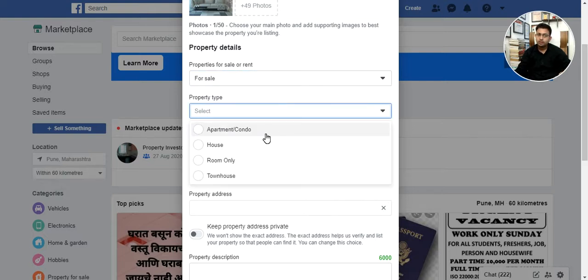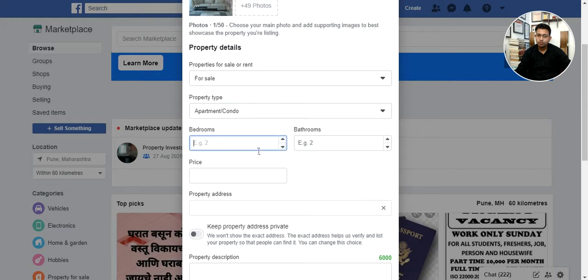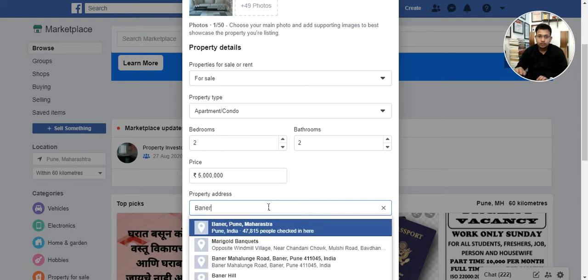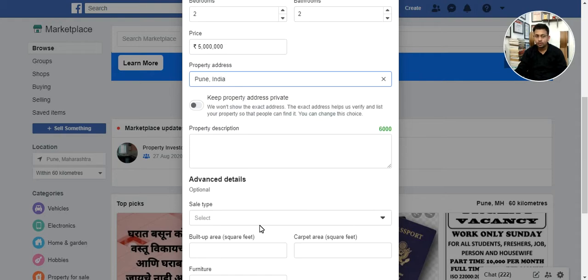So it's an apartment, 2 bedrooms, let's say 2 bathrooms, price is 50 lakhs. For the property address, I need to mention Baner. You will get the pre-filled database, Pune. Keep property address private? No, I don't want a private property address, or let it be.